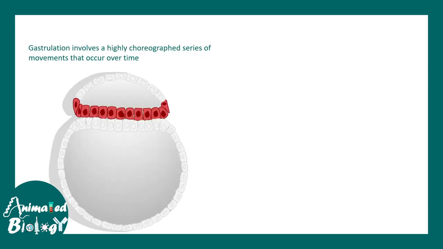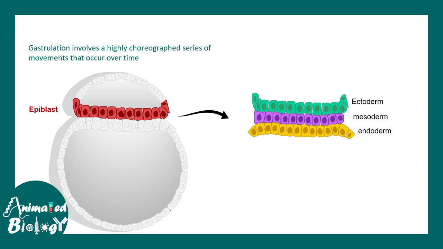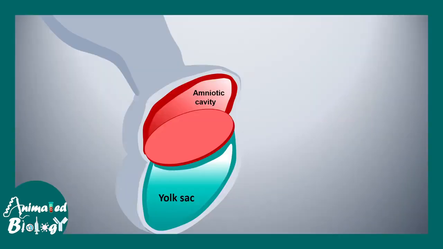Gastrulation involves highly choreographed movement of these epiblast cells over time. Eventually, these epiblast cells would give rise to 3 different lineages of cells: ectoderm, mesoderm and endoderm. So in a 3D situation, imagine this embryo is hanging through the primitive stalk in the chorionic cavity. You can see the amniotic cavity and yolk sac, just to orient you in this situation, and the bilaminar embryonic